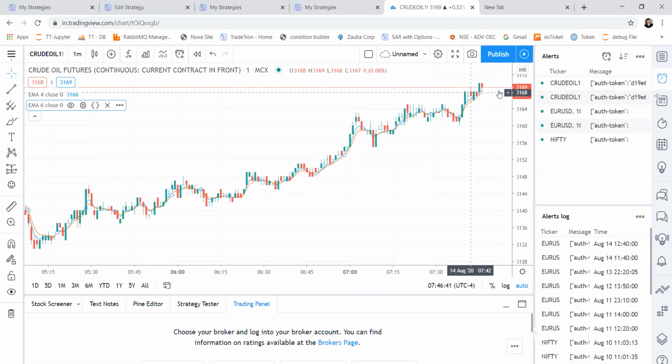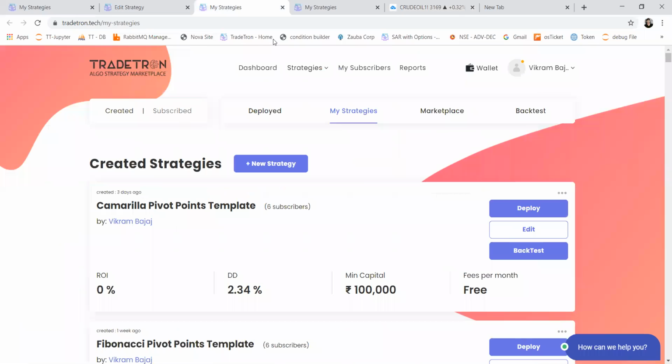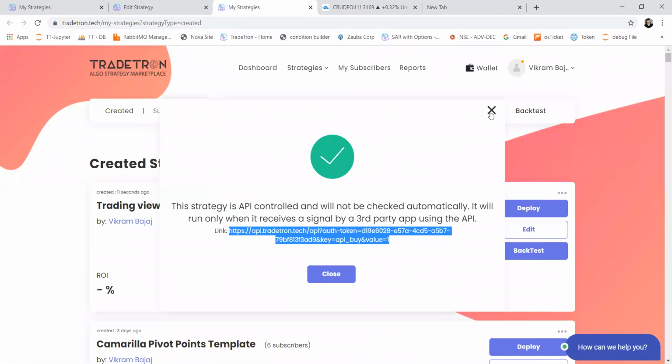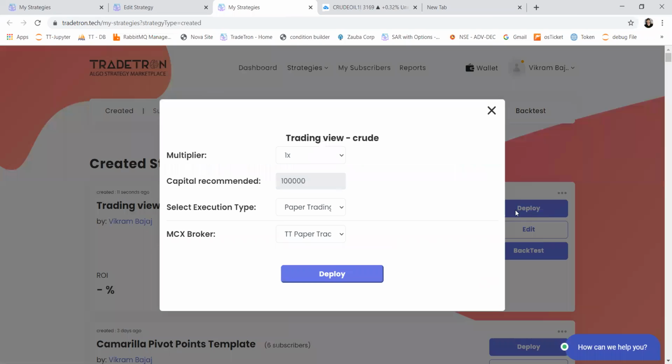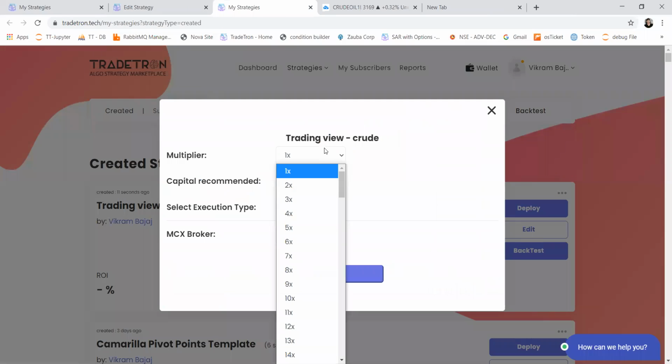So whenever it generates any signal, you will see a position taken in your deployed page if you have already deployed this strategy. I'll show you how one can deploy a strategy. Just close this. All you have to do is click on deploy here and select the multiplier. We have created this strategy for one lot.